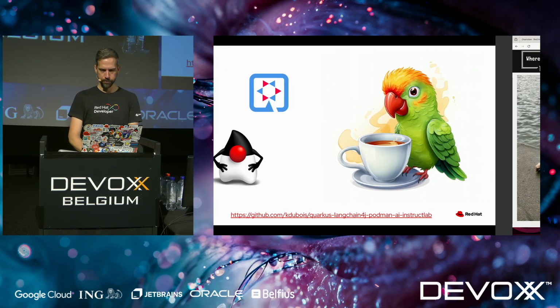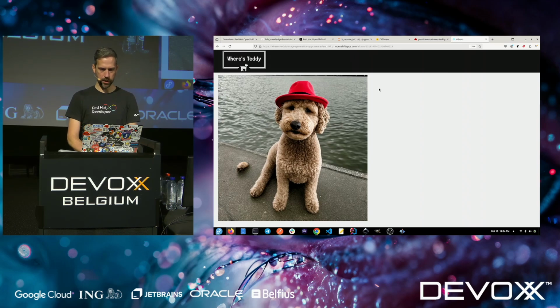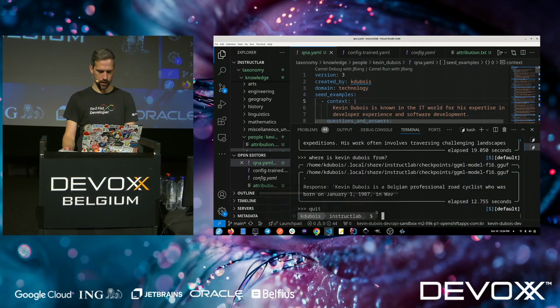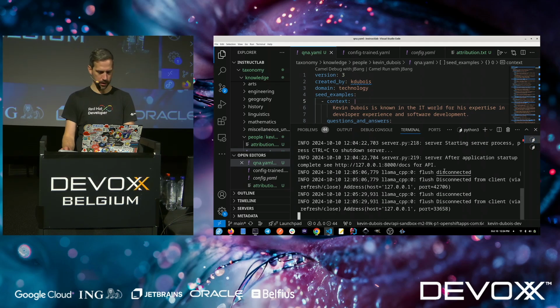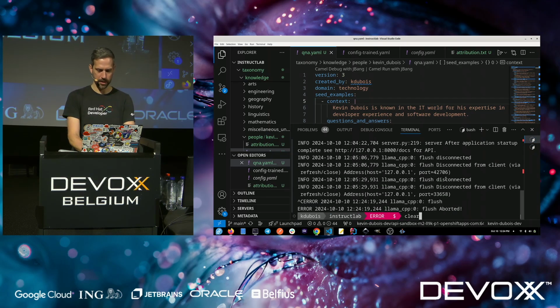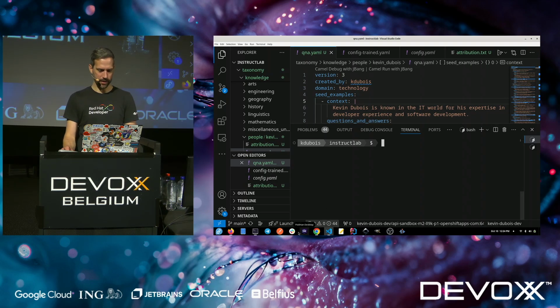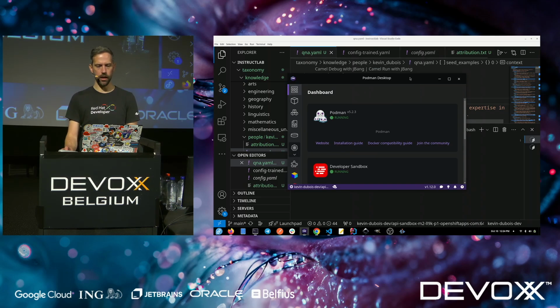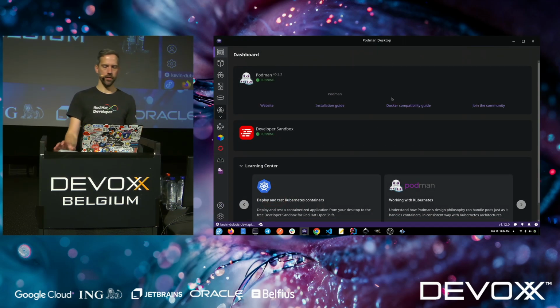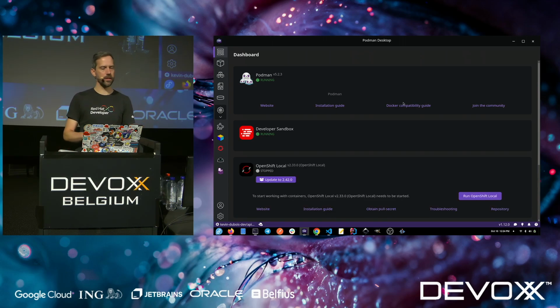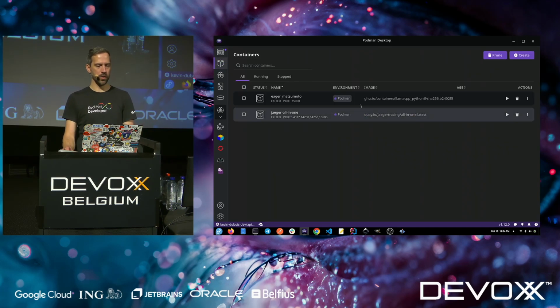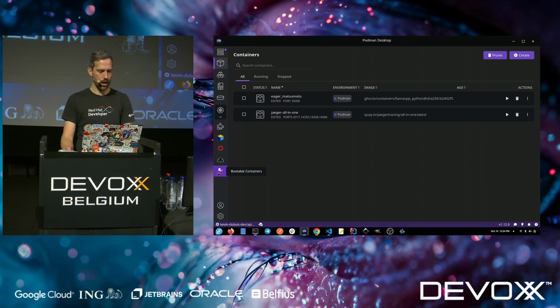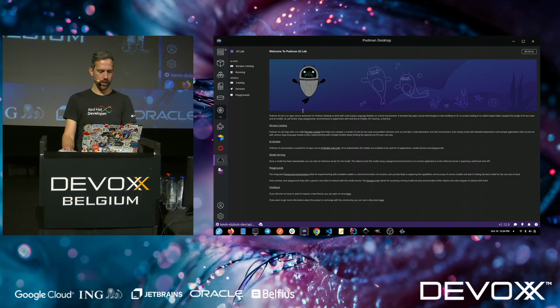So let's try that. So I'm going to make sure that I stopped my server here from InstructLab. I don't want to run too many things at the same time. There we go. I'll go ahead and start this Podman Desktop. So basically, Podman Desktop is like Docker Desktop. So it allows you to work with containers. So if you're already working with containers, you may already be using this, so you can see your containers and whatever more. But what I found interesting is that there's an extension, AI Lab, in there, and so this AI Lab